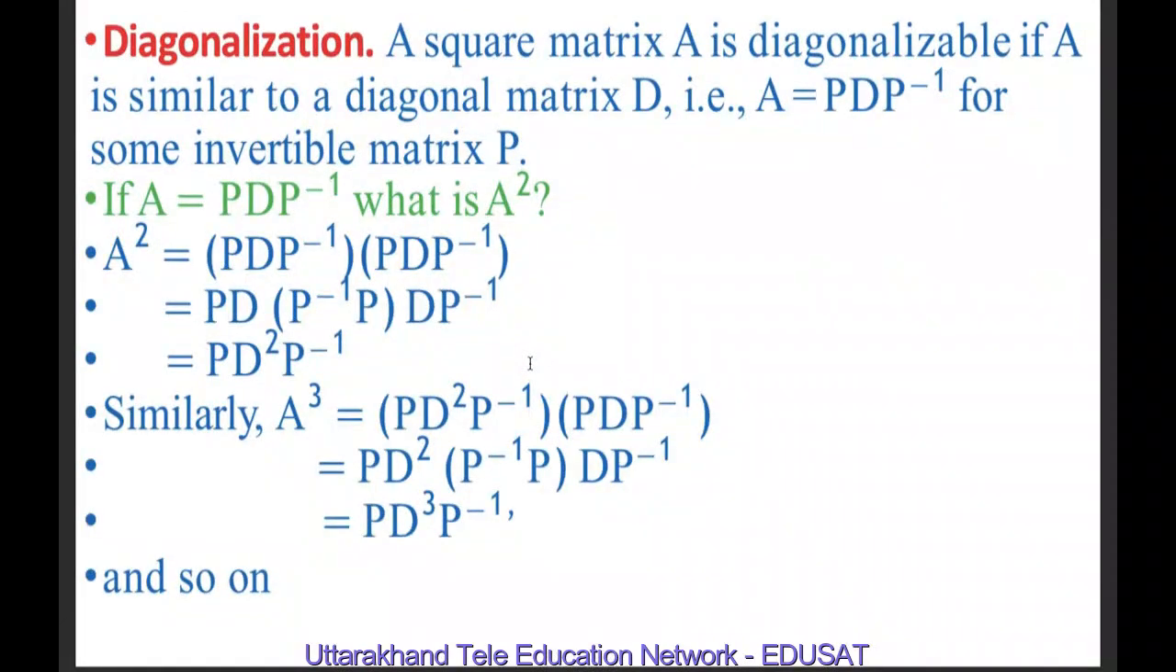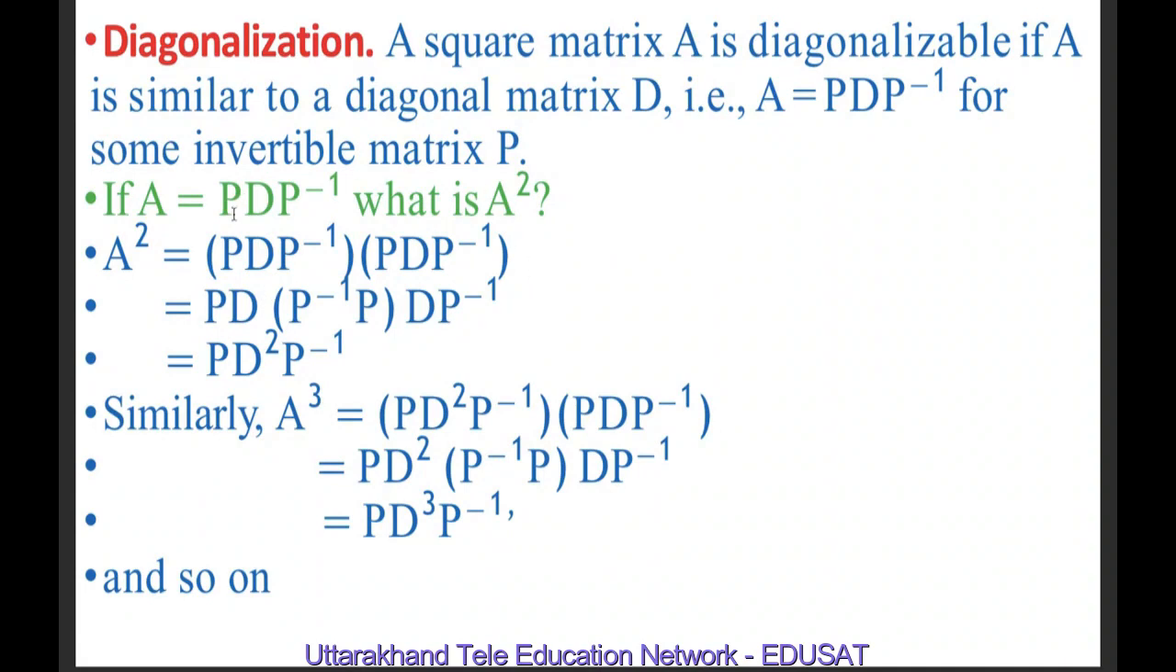Now diagonalization. A square matrix A is diagonalizable if A is similar to a diagonal matrix D. That is, A is equal to P D P inverse for some invertible matrix P. P is given to be invertible. So if A is P D P inverse, then A square is equal to P D P inverse into P D P inverse. We know that associativity holds